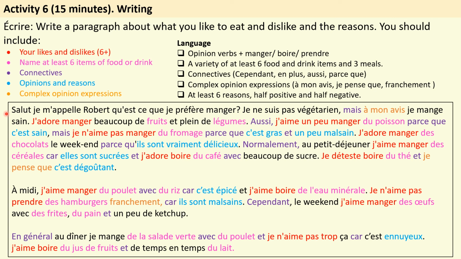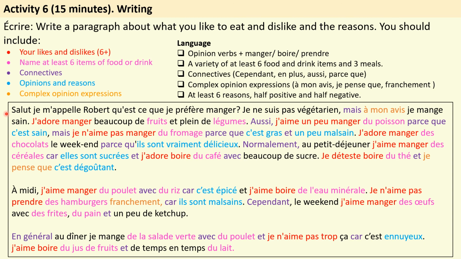Normalement, au petit déjeuner, j'aime manger des céréales car elles sont sucrées et j'adore boire du café avec beaucoup de sucre. Je déteste boire du thé et je pense que c'est dégoûtant. À midi, j'aime manger du poulet avec du riz car c'est épicé et j'aime boire de l'eau minérale.